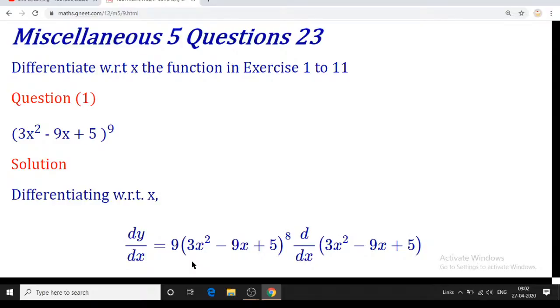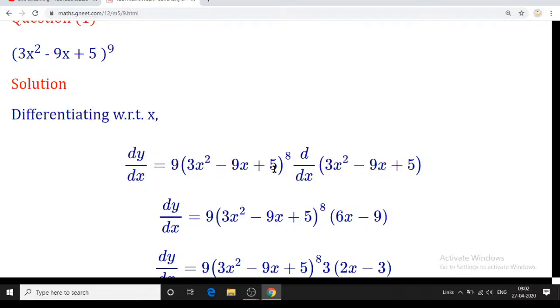Now we will start with the first question. It is actually very easy, but just to recall, the first question is given as (3x² − 9x + 5)^9. As it is raised to 9 and we have to differentiate this with respect to x, this is a bracket raised to n. So when we differentiate with respect to x, it will be n times the bracket raised to n minus 1. So it will be 9 (3x² − 9x + 5)^8,